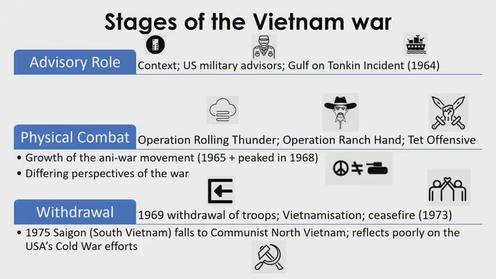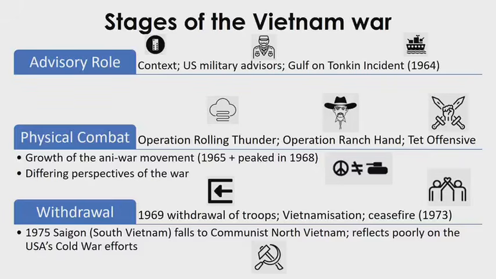Then you're going to kick off the essay by talking about the Gulf of Tonkin incident in 1964, when the American ships were attacked, or presumably attacked, in the Gulf of Tonkin. This then changes the nature and the stage within Vietnam, because now you are going to find that physical combat will take place because troops are sent. Here you need to speak about America's approach. You need to speak about Operation Rolling Thunder. You're going to go on to speak about Operation Ranch Hand. Then you are going to go on to offer details with regards to the Tet Offensive.